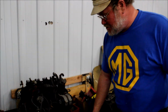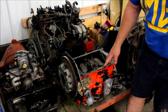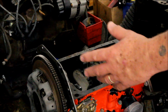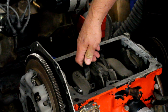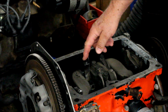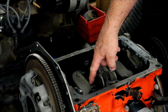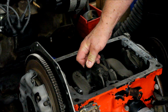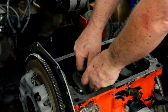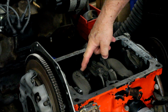That was yesterday. Today I'm talking about Midget 1500 engines. Now here this one's upside down, and the reason that it's out of the car and back here in this world of engine parts is because it came apart. It was running down the road at highway speed, and this rod cap came apart. The crank came around and hit it, and it's jammed up and caused extreme damage to the crank and to